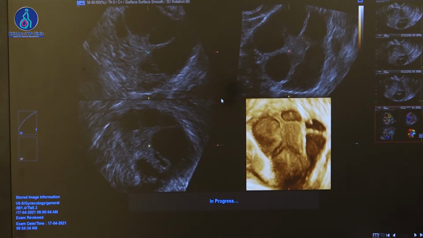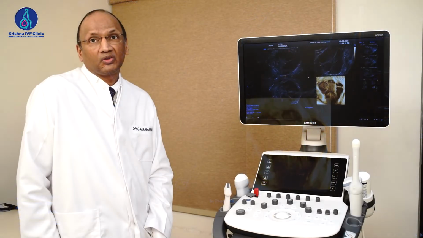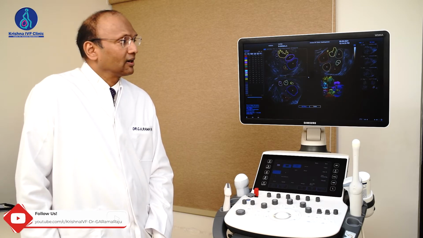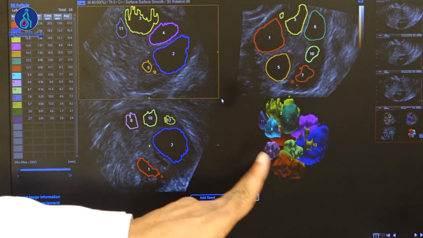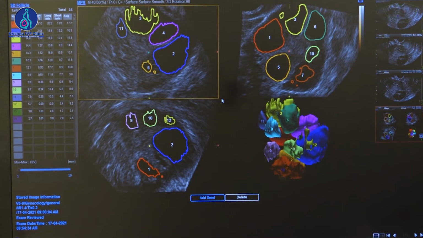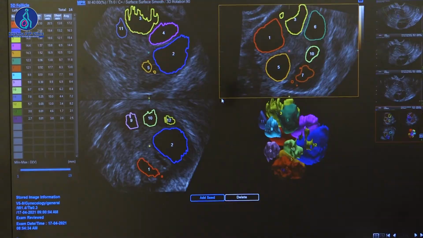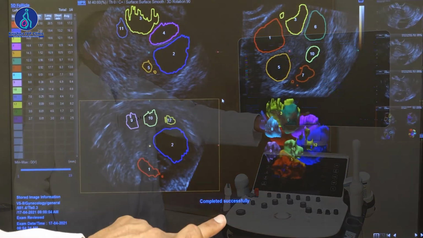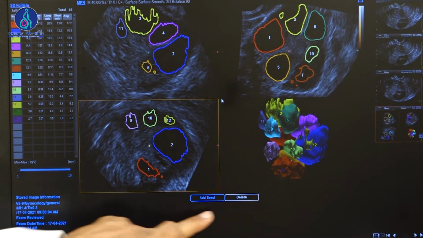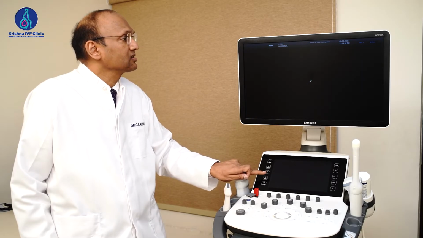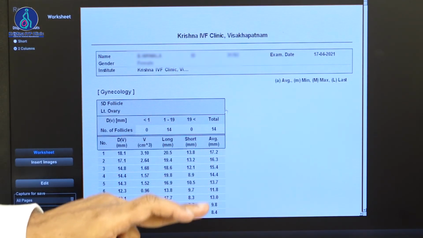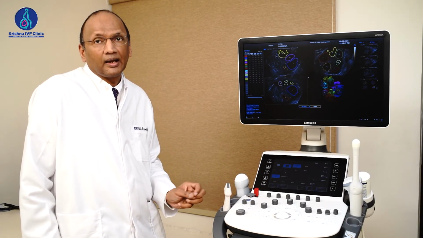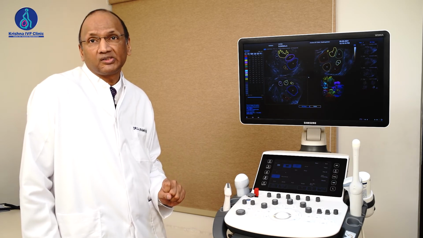Depending on the speed of your machine, the rate of acquisition depends, because it's a highly intensive computer-process driven, so it runs very fast. Now we have these images here, and then you can see it in different planes, and then you have selection of early, post, then you can assign which ovary it is, so that the report gets transferred there. So when you press this information, you get the report on which it is assigned. And this is how the 5D follicle is done, and it's a marvelous piece of automation.